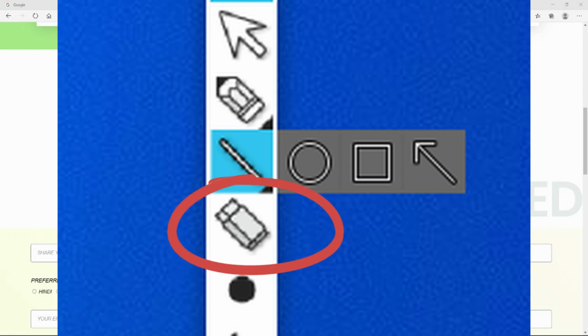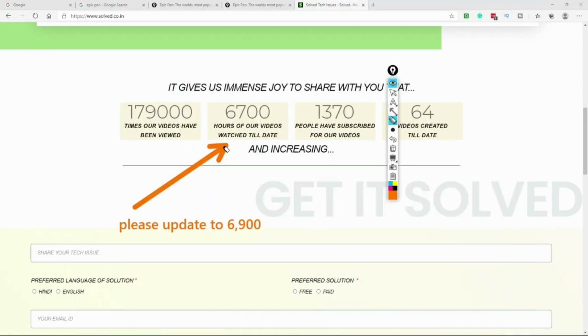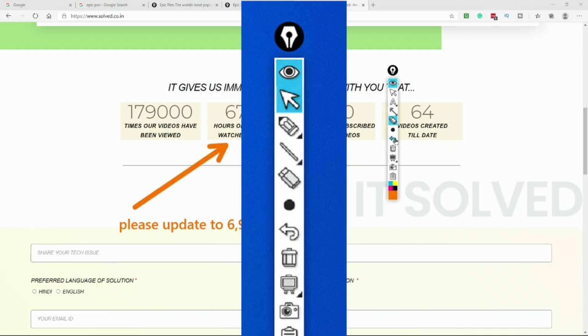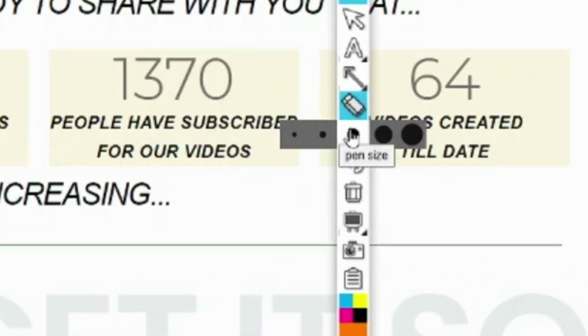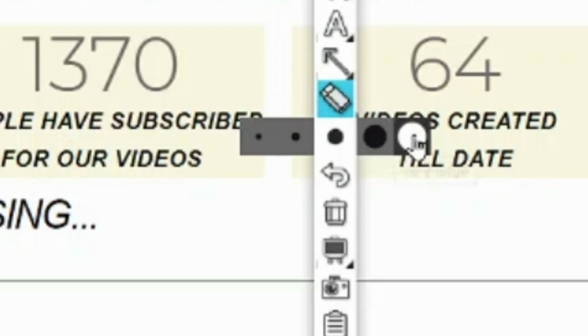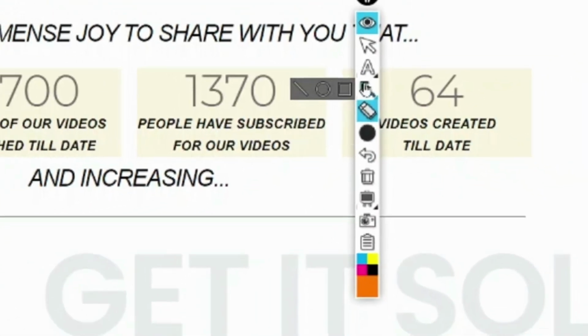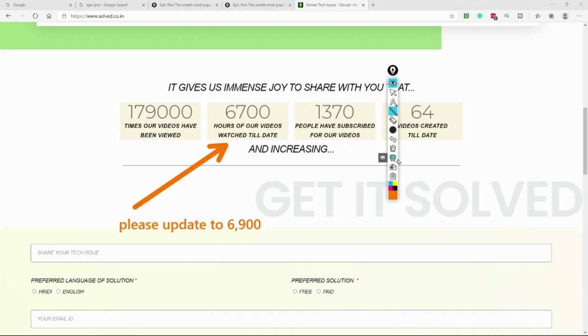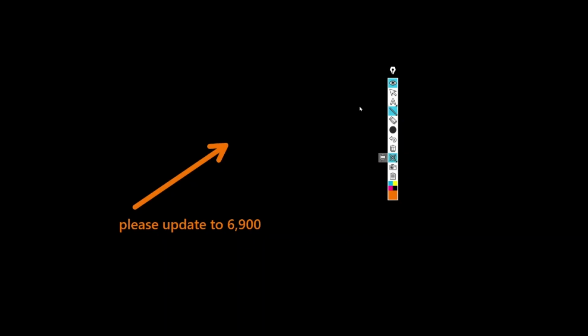The eraser remains the same, you choose eraser. Now whatever action you have taken, you can go and click on that particular action and it will erase that. Undo to undo. The pen size goes from very small to medium pen size to large, extra large. So I will just quickly demonstrate this using the line, and let me go on the blackboard. Let me clear this up. This is my very large. This is the large, and you can see, just to demonstrate this, the blackboard came out to be very handy. This is the medium.